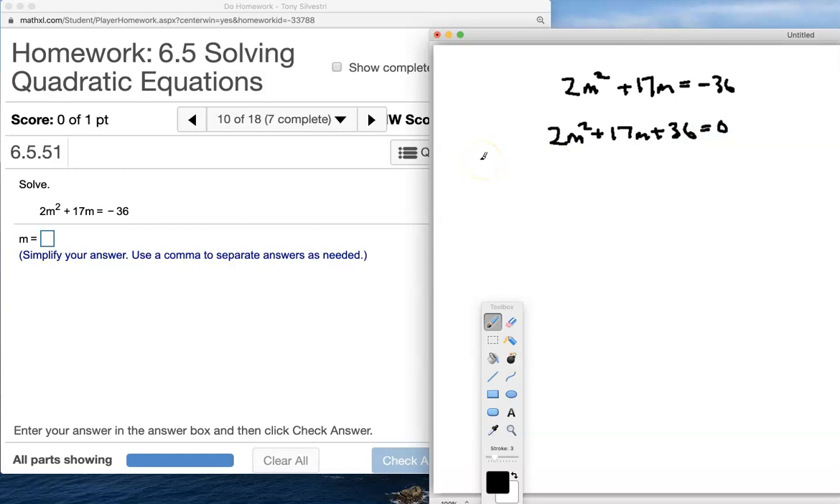Okay. Now I've got to factor this. First thing I would try to do is pull out a common term. I can't. There's nothing. Can't do anything with that. 17 screws us up. So I think I need to do the magic number. Take that 2. Try to factor this. Pull the 2 away from the m squared. Okay, and then factor this, m,